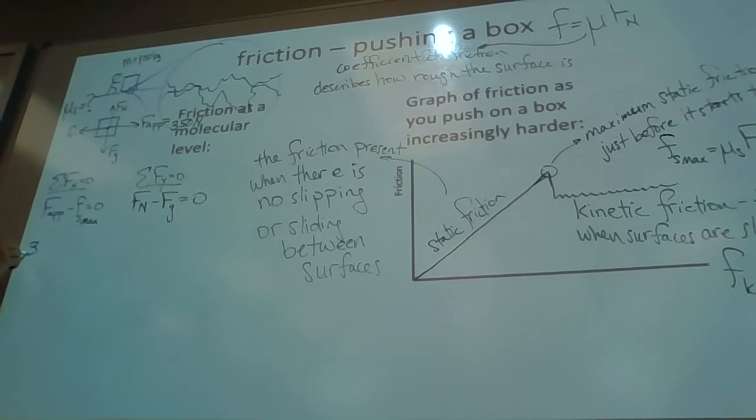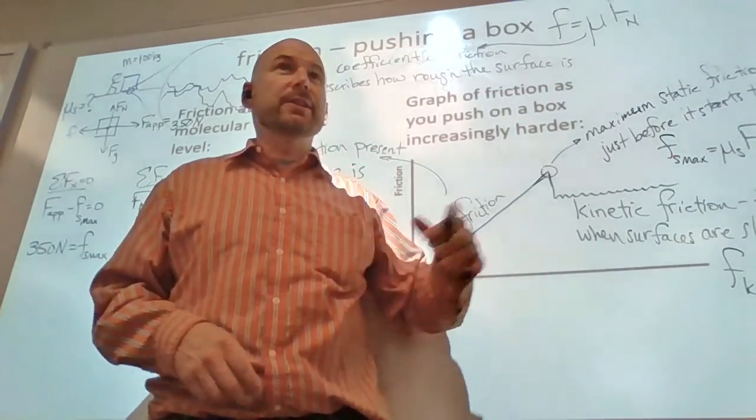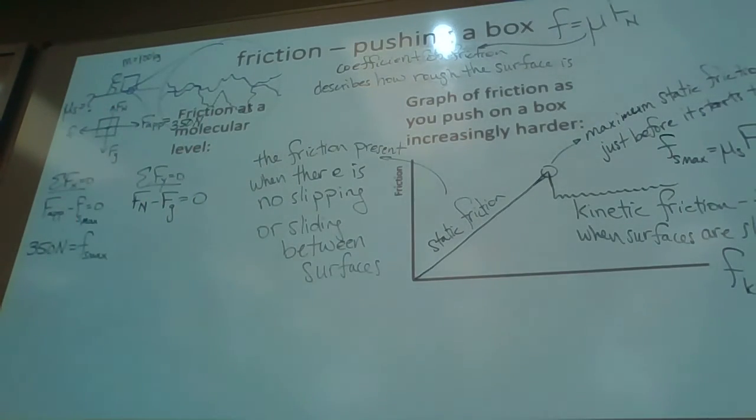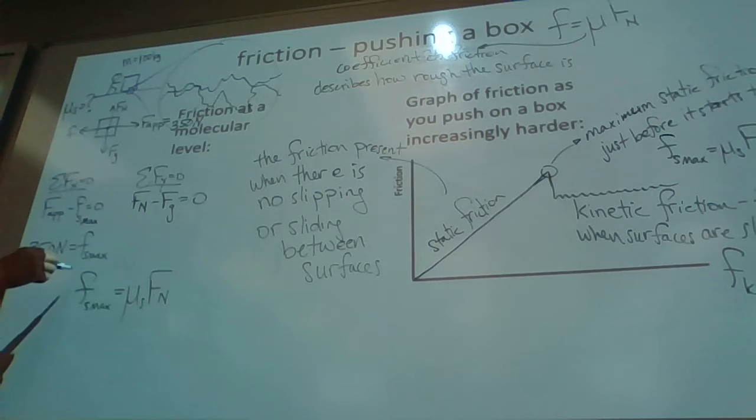So from here, you've already told me these things. I know that maximum static friction is equal to 350 newtons. Good with that? But I'm looking for the coefficient of static friction. Anytime they ask for the coefficient or they give you the coefficient of friction, 95% of the time you're going to be incorporating this equation. This is the only place you're going to see the coefficient of friction in an equation. They might just throw it out there to be a distractor, but usually you're going to incorporate that. So I need to use this equation. I've got 350,